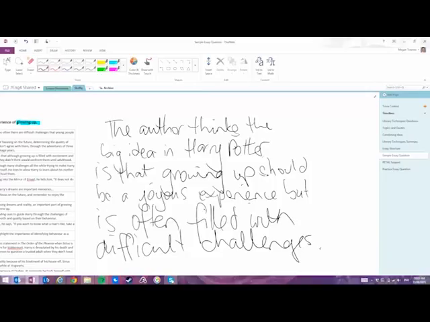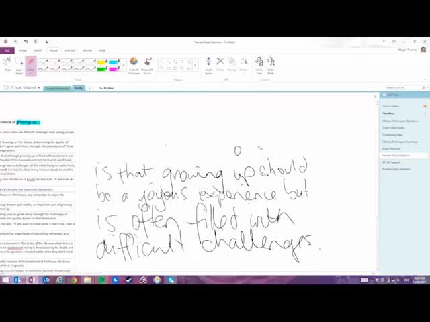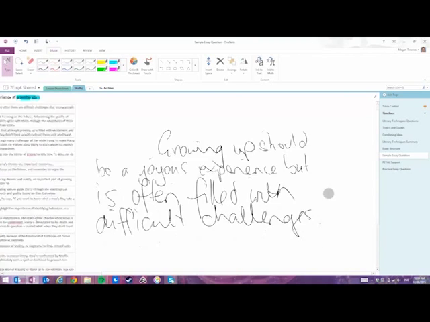a thesis statement. Now, you don't actually want to use the words "the author thinks" in your essay, so you are better off rubbing out "the author thinks" and even "the big idea in the particular novel is that." And then what you're left with is, if I make that a capital letter, "Growing up should be a joyous experience but is often filled with difficult challenges." This is then your thesis statement. So considering what the author thinks about the big idea in their novel is a great way to come up